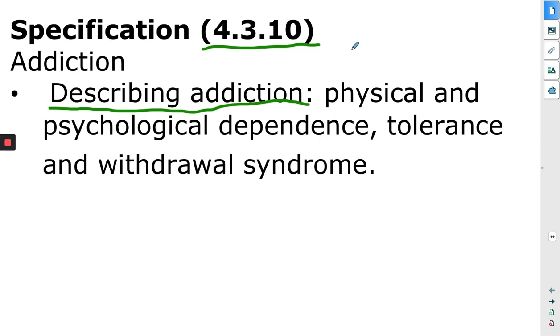To put this in context, we've spent some time looking at an introduction to addiction. This is not examinable, but should help you in the exam, in that we need to make sure that we have a look at addiction in a much more defined way. That it's not just about the physical, psychological dependence, tolerance and withdrawal, that it is something bigger,